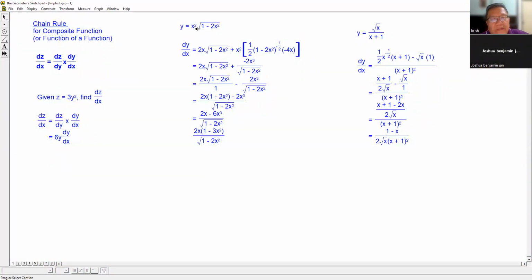Okay, so the first one, you differentiate x squared, become 2x. And the second function, you just keep square root of 1 minus 2x squared. This one is correct. Oh, the second one, you keep the x squared, then you differentiate this one. Square root of 1 minus 2x squared is actually,